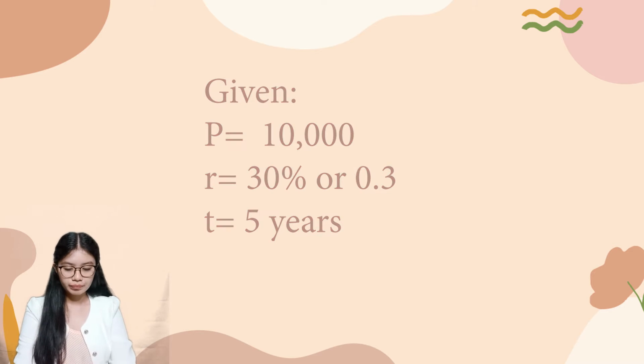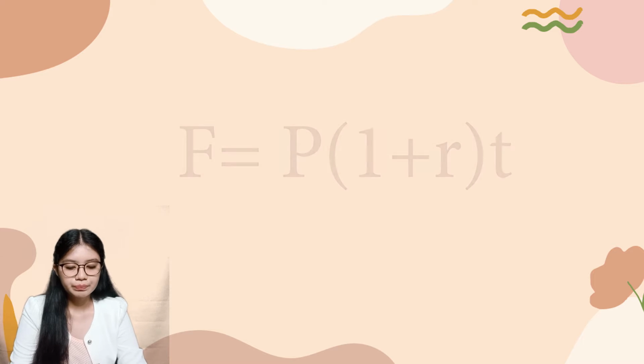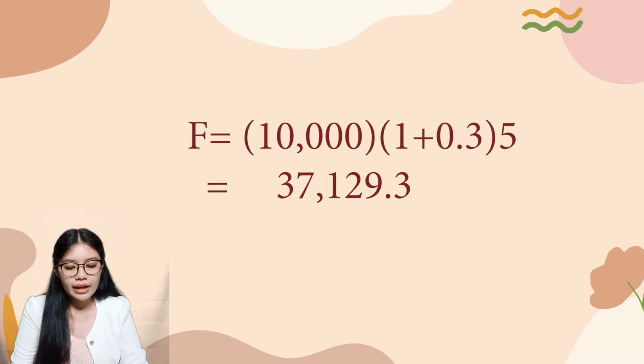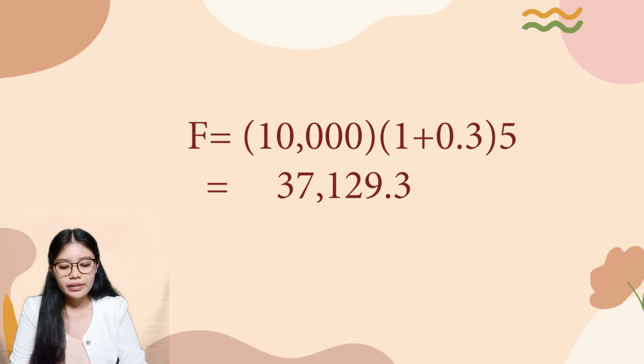Here is the formula for the compound interest in future value. F equals P multiplied by 1 plus R to the power of T. F equals to 10,000 pesos multiplied by 1 plus 0.3 to the power of 5, and it is equals to 37,129.3. In finding the future value, we also need to find the income, and the formula for income is I